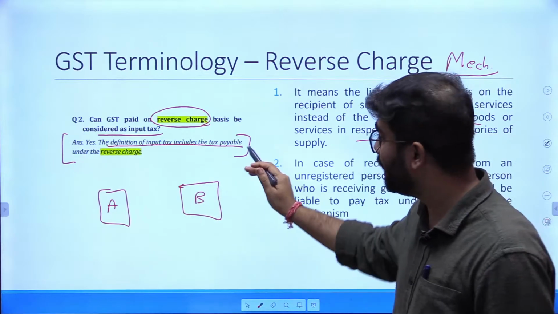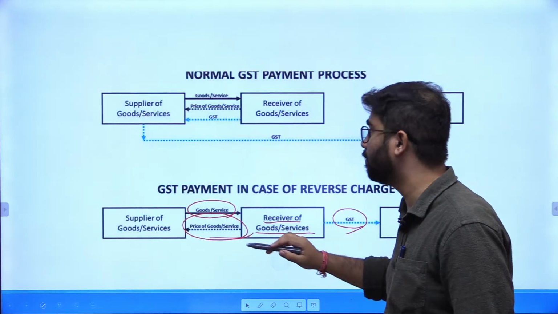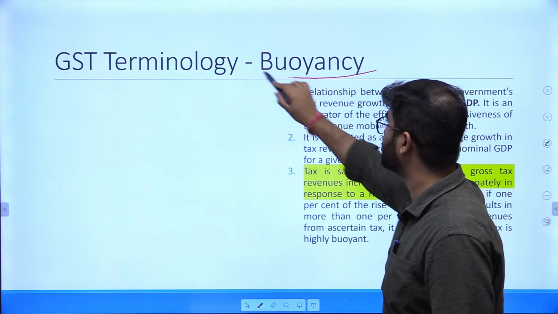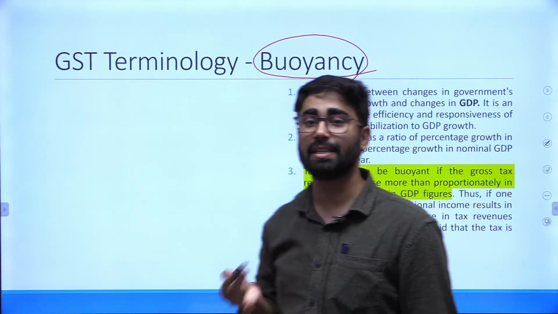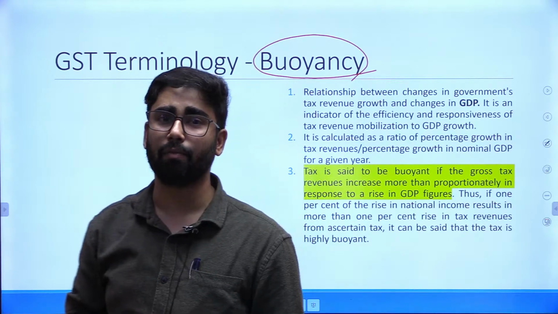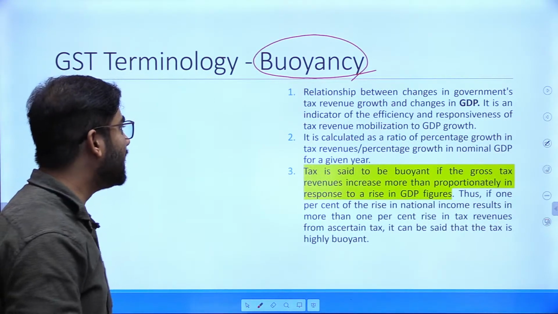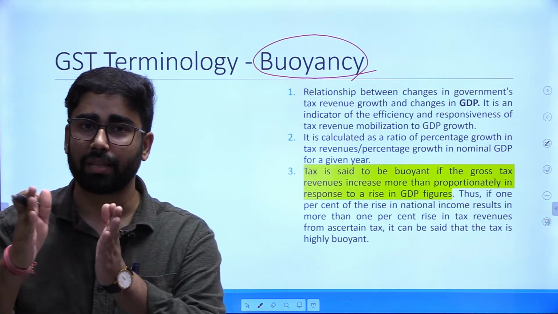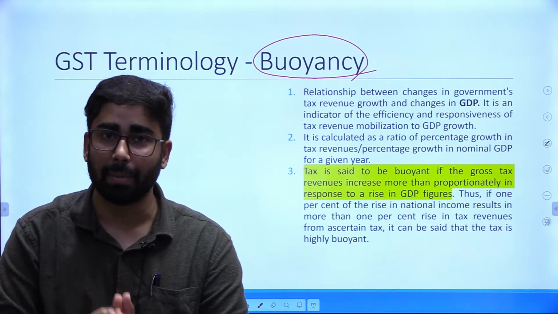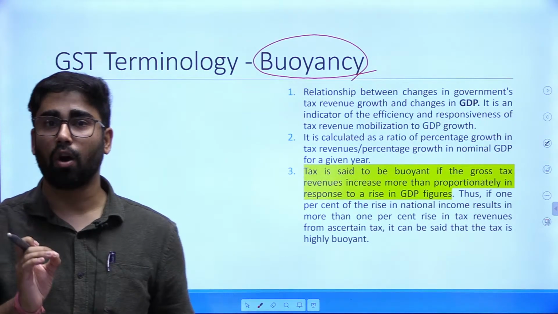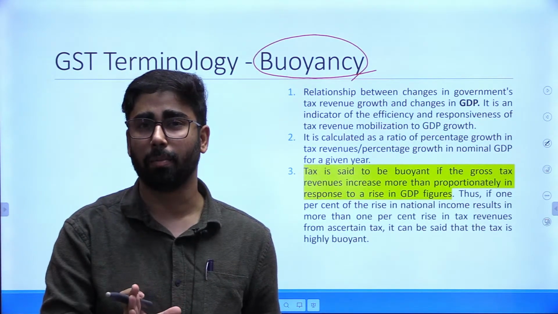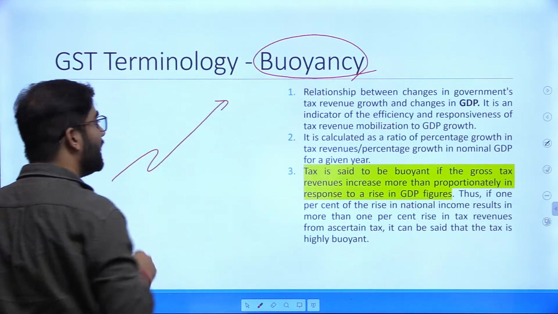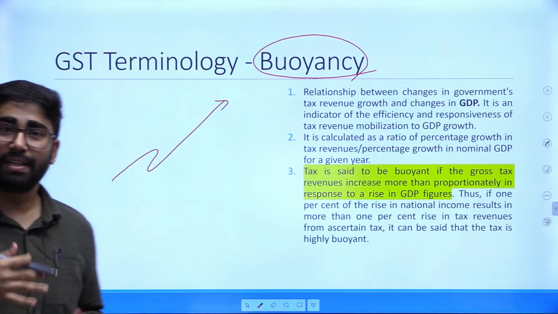Okay, तो इसमें ही आपको याद करना पड़ेगा कि क्या ट्रू है क्या फॉल्स है, and select the statement and option accordingly. Now the next terminology that is associated with GST, जो कभी कभी आर्टिकल्स में आती है, वो है टैक्स बुयंसी. It is the relationship between the changes in government's tax revenue with growth in GDP. अब इसका क्या मतलब है कि if there is growth in the economy, तो अगर ग्रोथ हो रही है इकोनॉमी में, अर्थव्यवस्था में अगर बढ़ोतरी हो रही है, तो इसका नेचुरल मीनिंग ये है कि आपका टैक्स भी बढ़ना चाहिए,